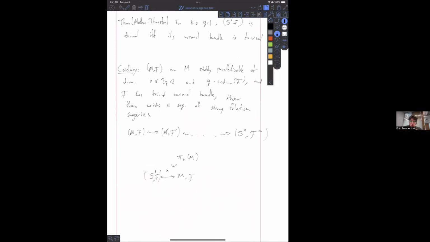And hence you're null cobordant, is that right? Because that F on the sphere at the very end, by Mather-Thurston again, has a trivial normal bundle. So is that correct? Oh no, we have to be a little careful. This, of course, is null cobordant, but this foliation might be extremely non-trivial. I see. Okay, so you notice all the surgeries happen below half. Yes. So you would have to do a surgery in the middle. Right, we have no control there, and in fact, there's an obstruction, which